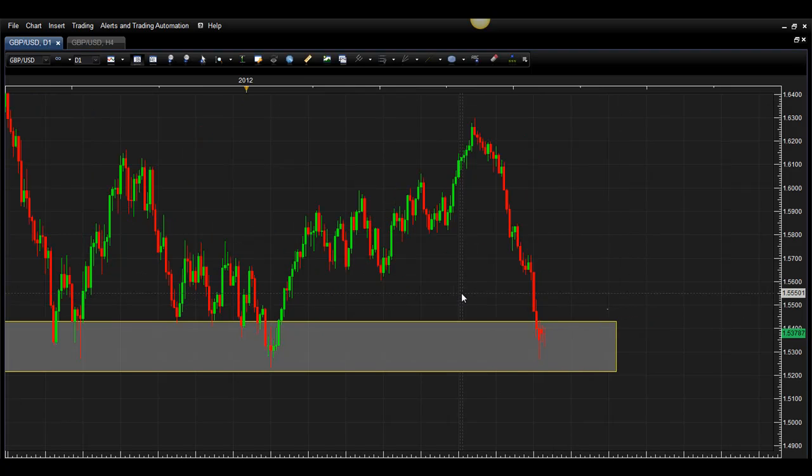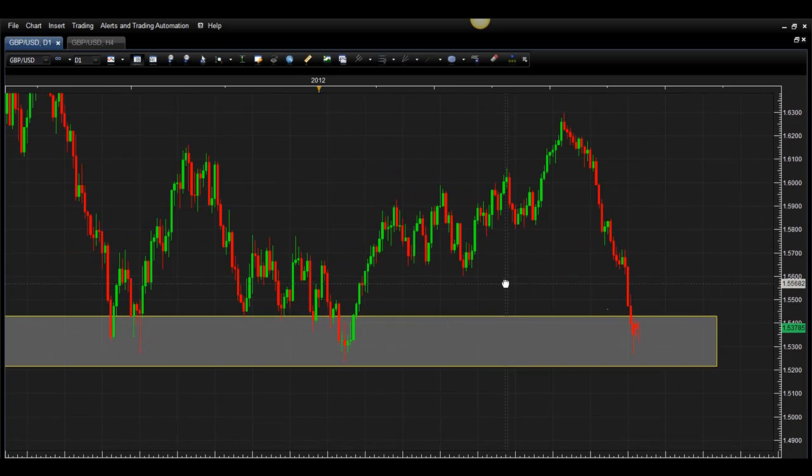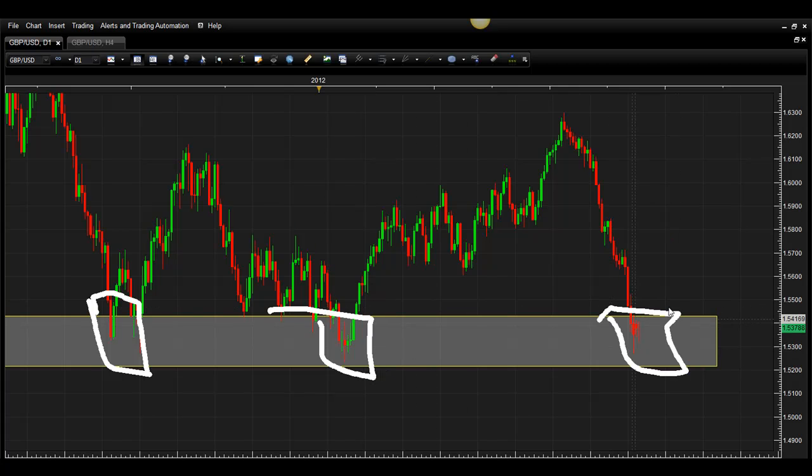Okay, so pound right now is showing some signs of reversal. We don't have any bullish movement to verify it yet, nothing green, as you can see down here. However, we do have some strong levels, as you see here and here, in this area. So this is a strong level. If we do see some bullish candles breaking the top of this shelf, that's going to probably create some great long opportunities. If you do get your long opportunity, for instance, if tomorrow's bar is a nice bullish bar breaking the top of this zone, and you decide that you're going to take a long, which will probably be a